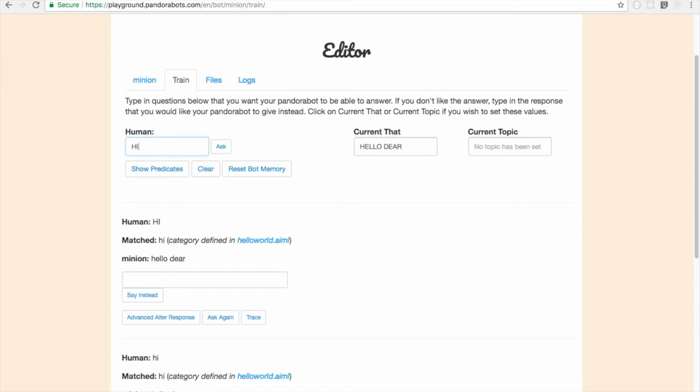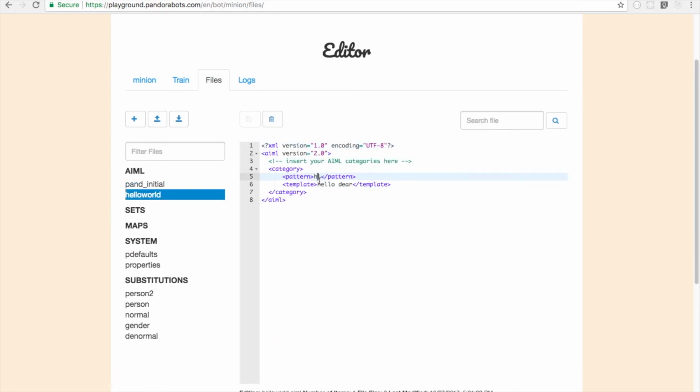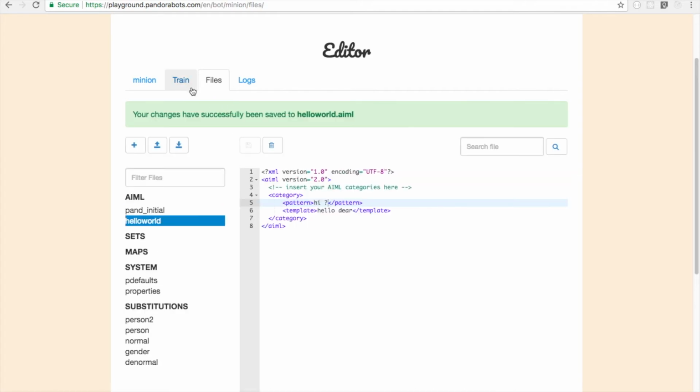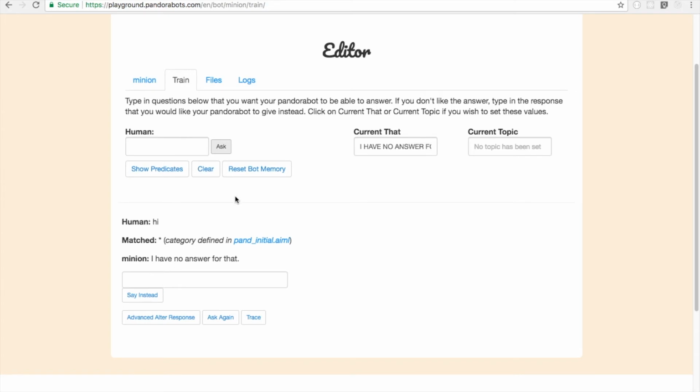And maybe hi with punctuation, would this work? Yes, it does. So the punctuations do work in the input. But the important thing to note here is that if I put a punctuation inside my pattern like this, it is going to break. This is not going to render what we want. That is because the punctuations are automatically removed by the editor.